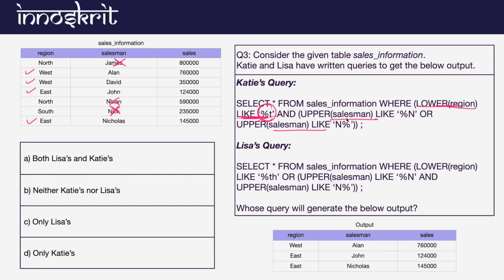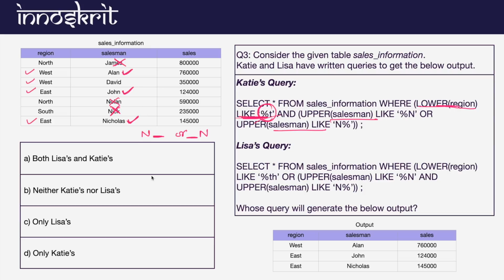Now in this particular query, it is saying that we have to take those values whose salesman name is ending with N or starting with N, right? So basically we have to consider all those salesmen whose names start with N or end with N. So do we have any? This one, and this one.